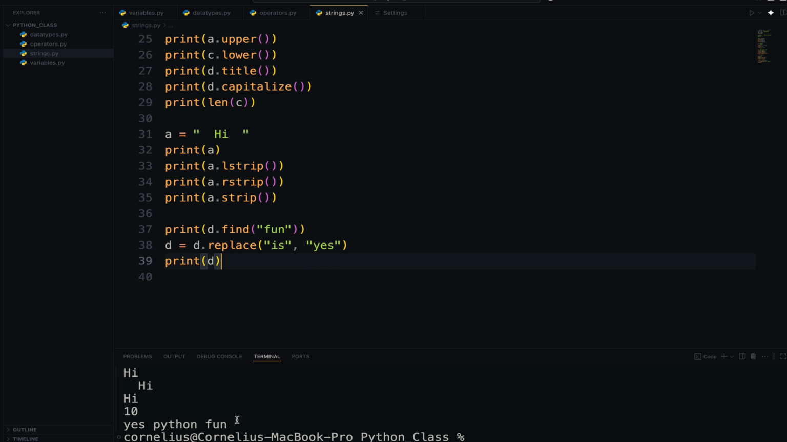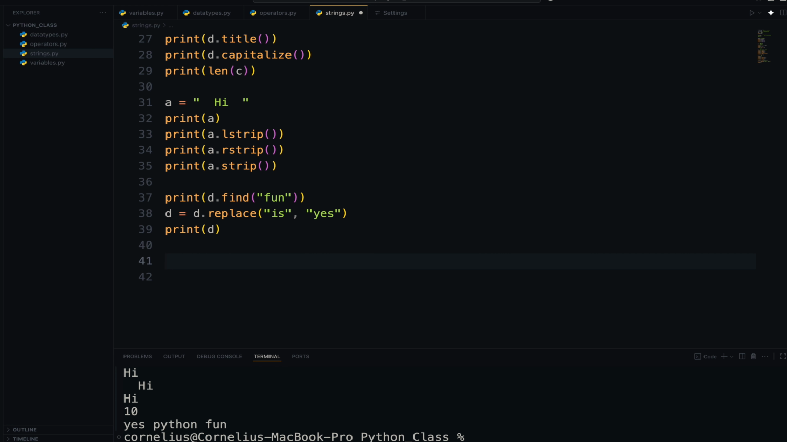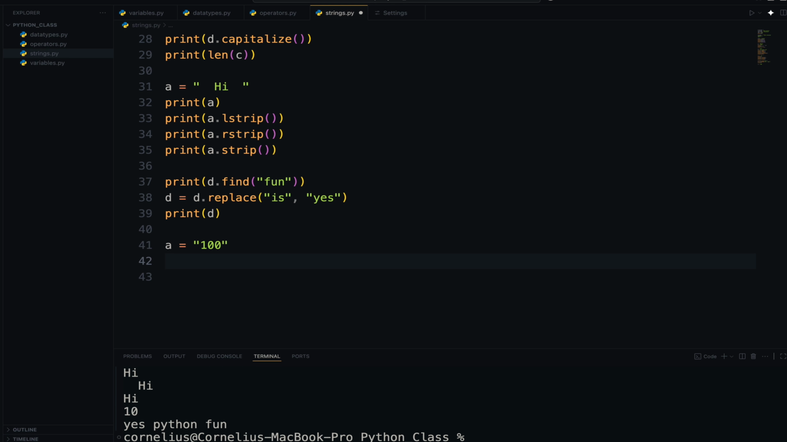So another thing we can also do is check strings to see what it contains. Remember I said in the beginning that a string can contain anything as long as it's within quotes. So we say a should be equal to 100. Now 100 should be numbers, but because it's inside quotes, it's a string. But the computer is still able to determine if what is in the string is a digit or an alphabet. So here we say print